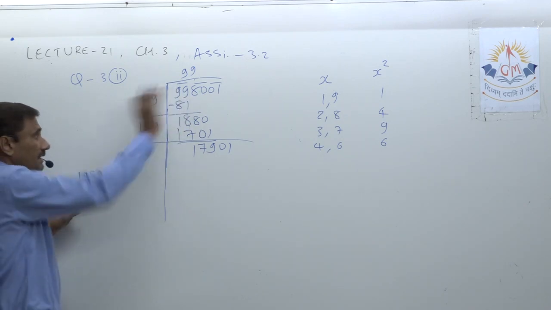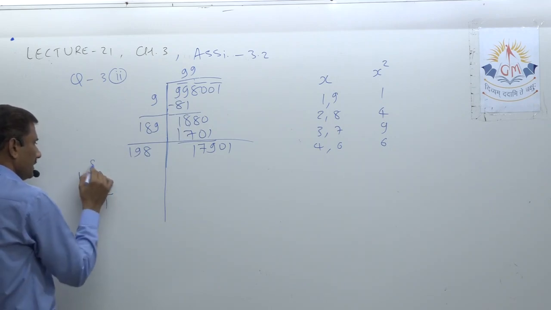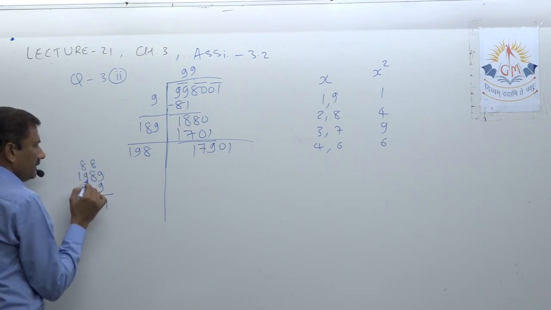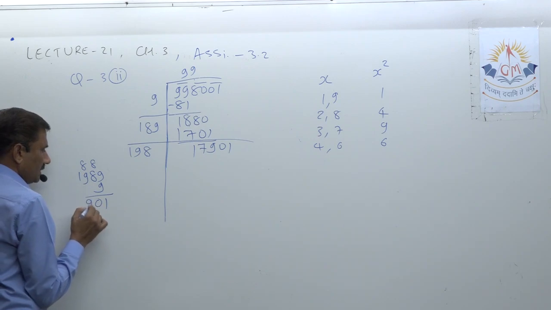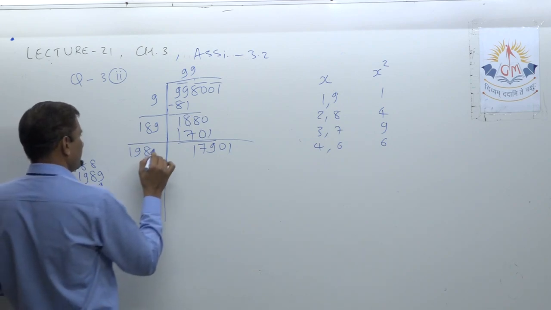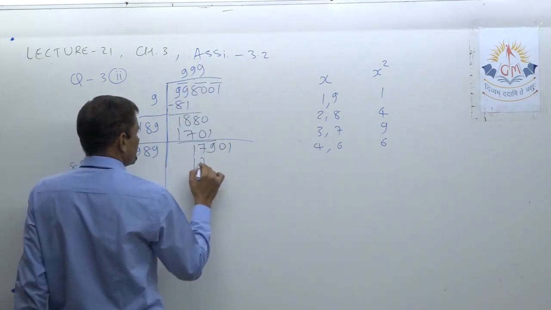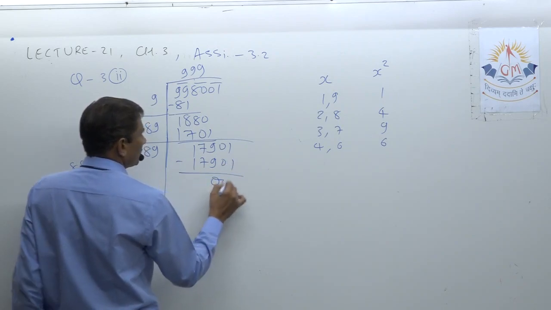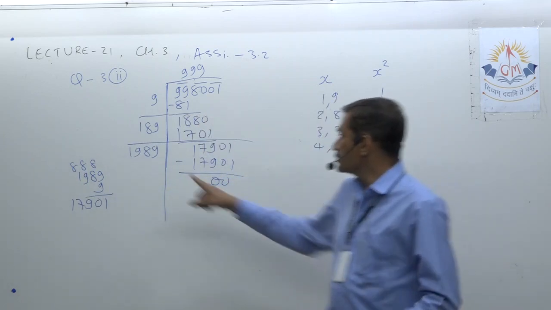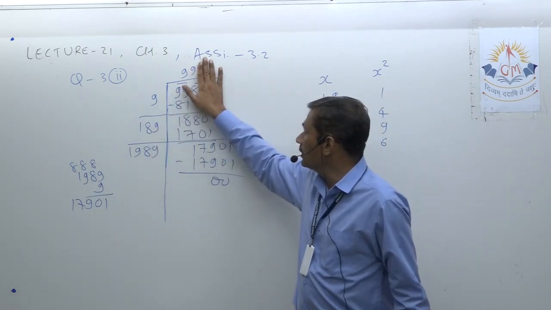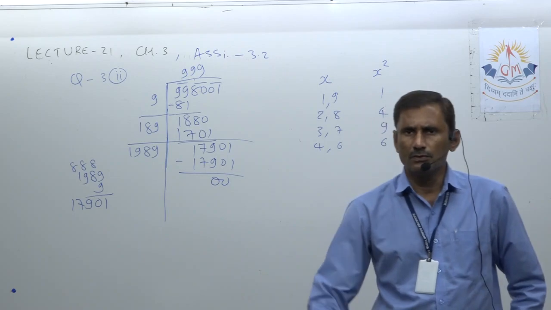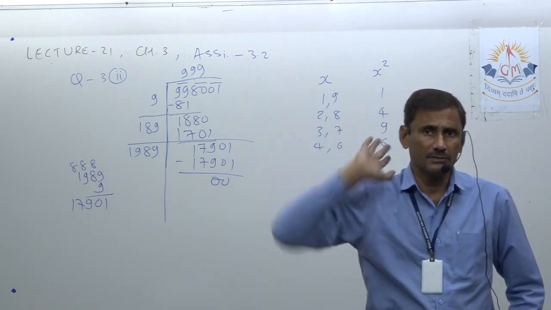Let's verify first of all, then write there. So 9 nines are 81, 8 nines are 72, plus 8, 80, 9 nines are 81, 81 plus 8, 89. 9 ones are 9, plus 8, 17. So we got here 9. So it is 17901. Okay. So at the last digit you will have some idea which number we should place here after getting your 198, double of 99. So it is beneficial at the last step to jump directly to those particular numbers.